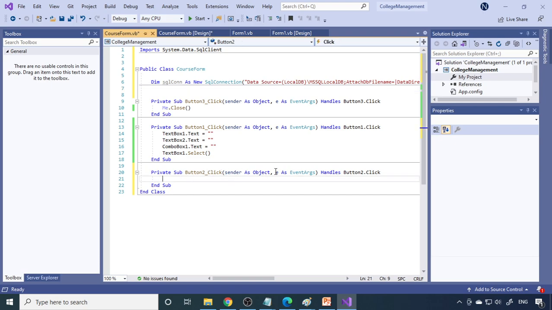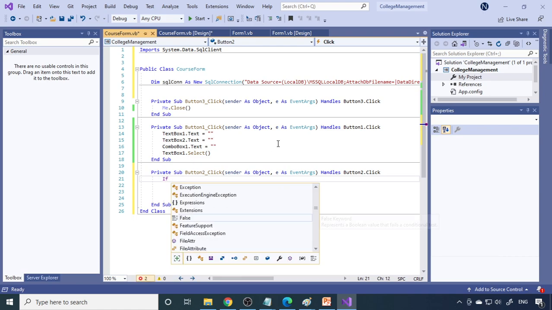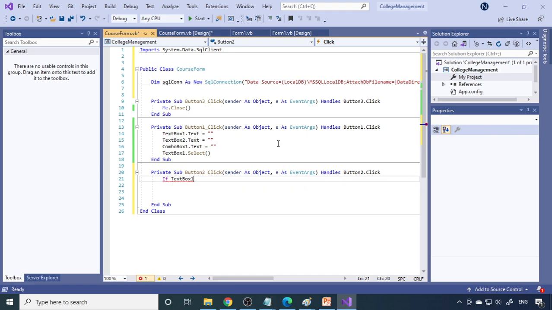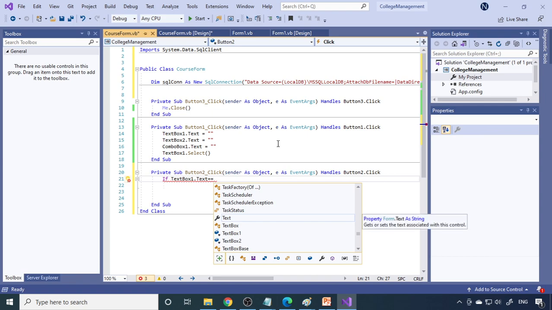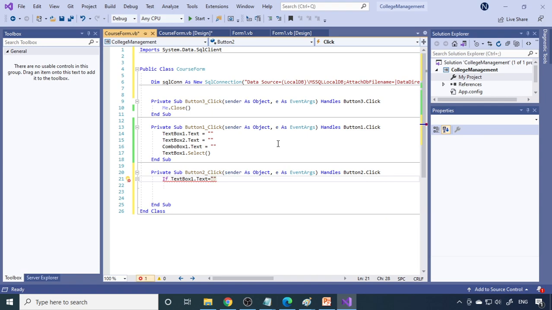Now we'll come to button 2. In button 2, before saving the record, we want to check whether you entered the text box 1 and the combo box. Therefore, you have to write one if condition. If TextBox1.Text is equal to empty, then you have to give a message box.